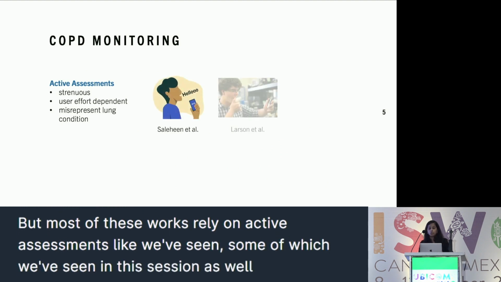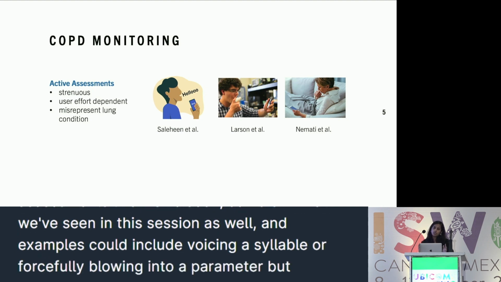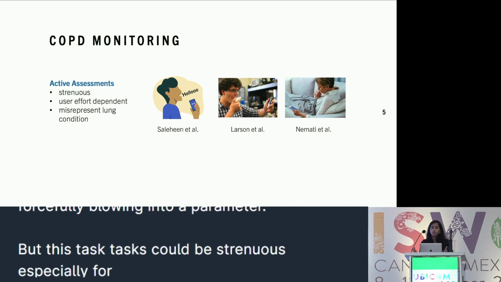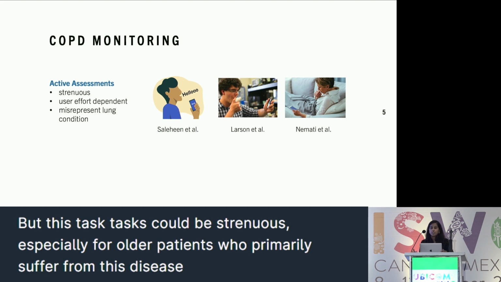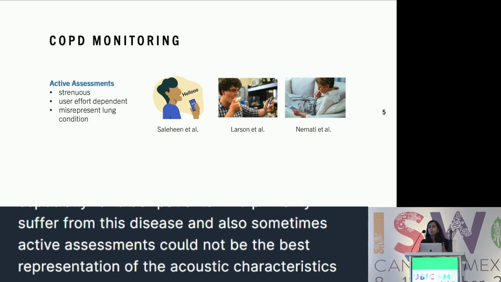Examples could include voicing a syllable or forcefully blowing into a spirometer. But these tasks could be strenuous, especially for older patients who primarily suffer from this disease. And also, sometimes active assessments could not be the best representation of the acoustic characteristics of an individual because